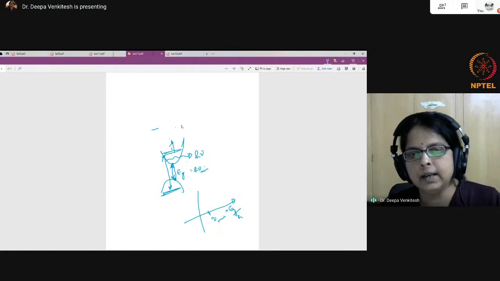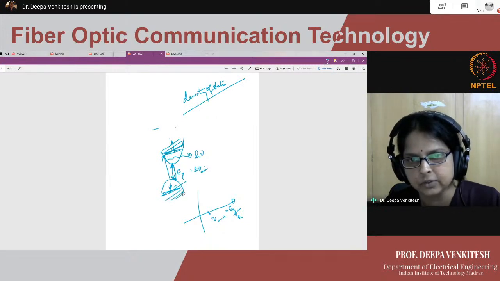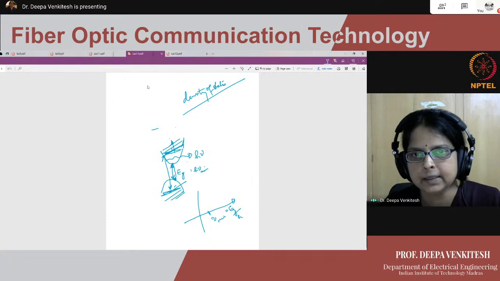So in the lecture, I've explained that this is decided by two factors. One is density of states, which means whether you have energy states available here, right? That's your density of states. And the second is occupation probability,